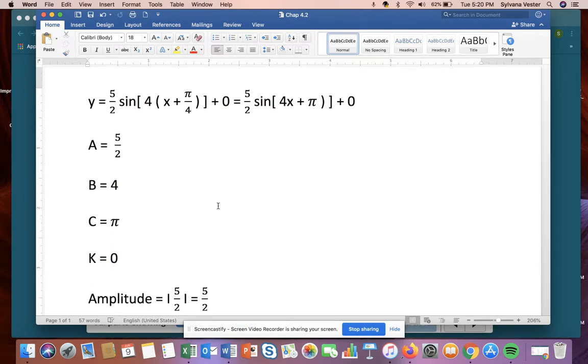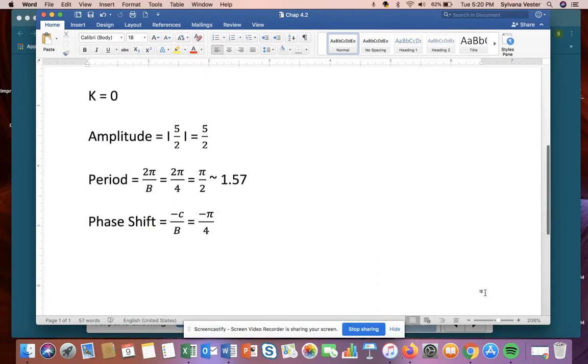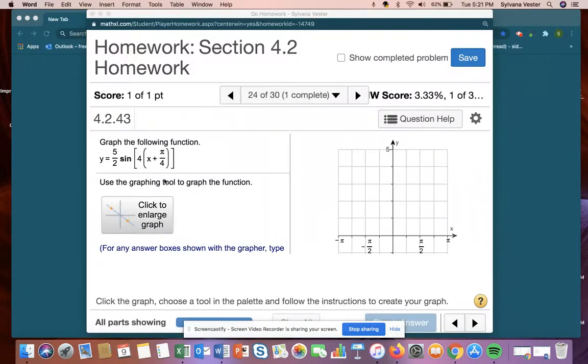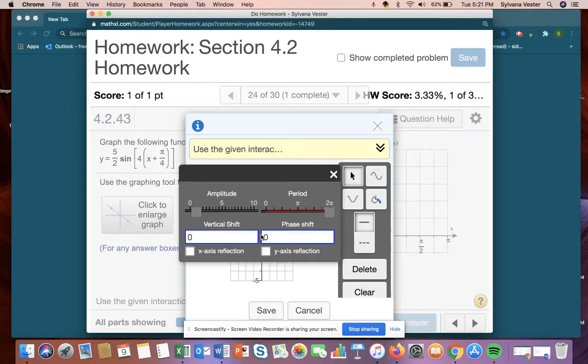All right, so now let me see if I can go ahead and add these things in for you. So let's take a look. So when I come in here, I've got to click on that. And because it's a sine graph, it's going to be this shape, right? So this is sine, this is cosine. So I'm going to select on that, and then I'm going to click on this, and this opens up, and